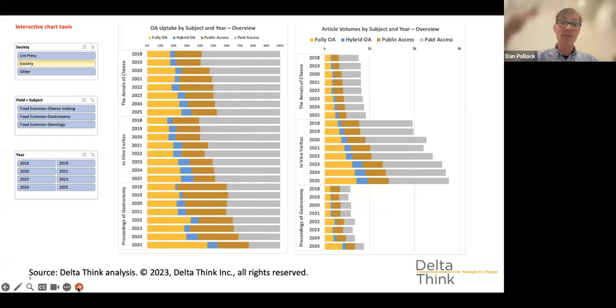And the point being, if you had many, many more journals on the right, you could click those buttons and zoom into just areas or subjects of interest or disciplines. So the whole thing then starts to come alive. It's a little bit difficult to show you that on a flat slide, and we didn't want to end up firing up Excel spreadsheets and sort of disappearing down a rabbit hole.